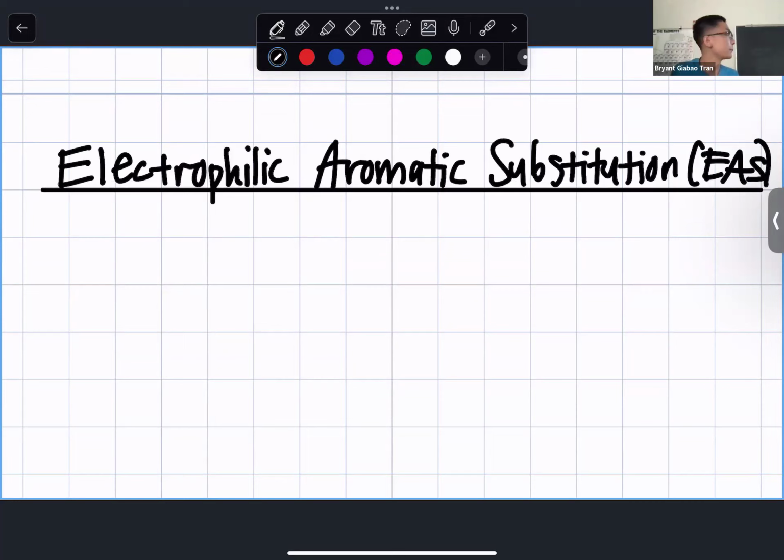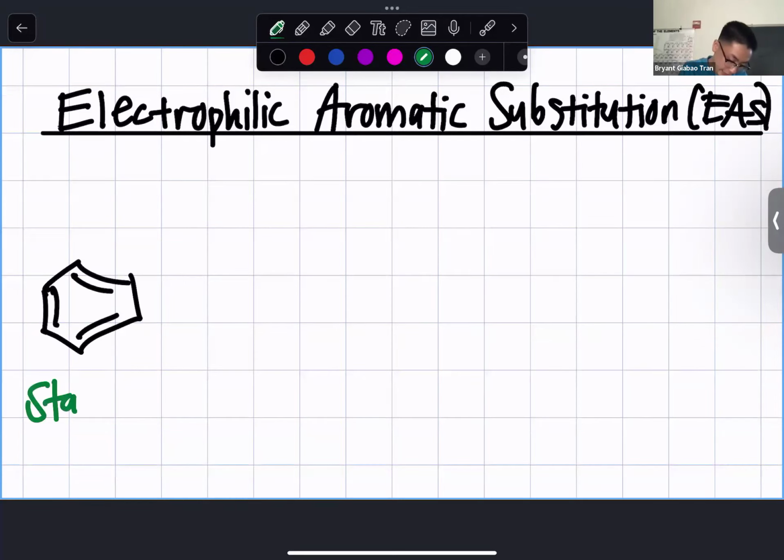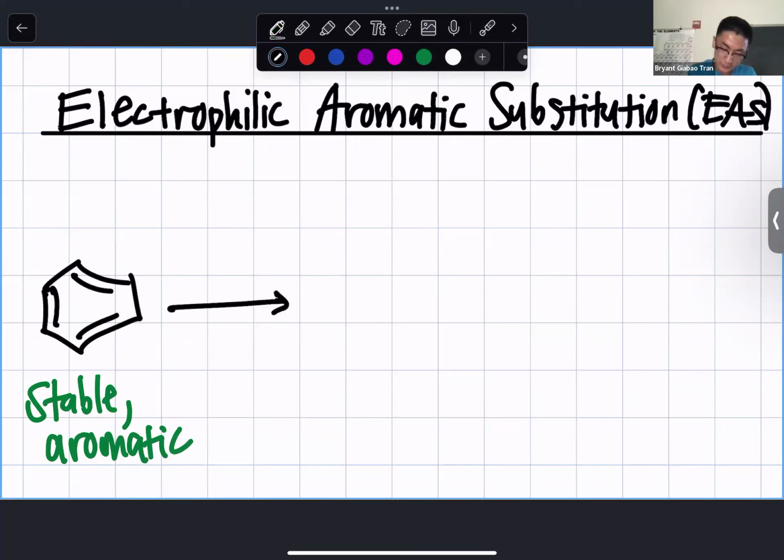So here's the general pattern for these upcoming reactions. Let's say we have a benzene ring here, right? That is stable and aromatic. If we introduce some kind of electrophile nearby, we know that the carbons of this benzene ring are